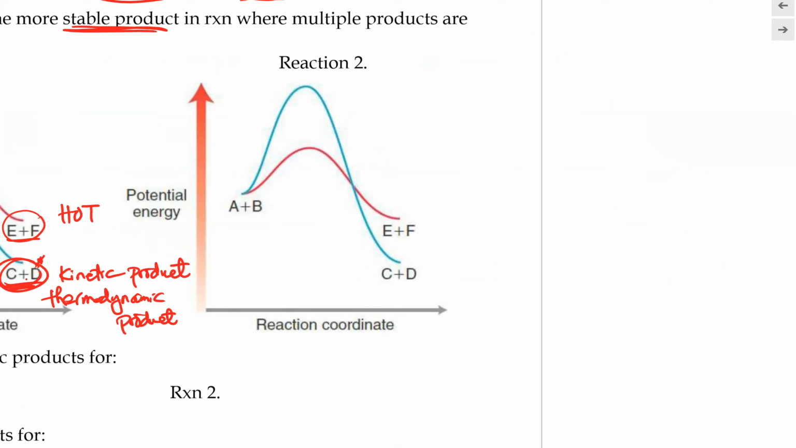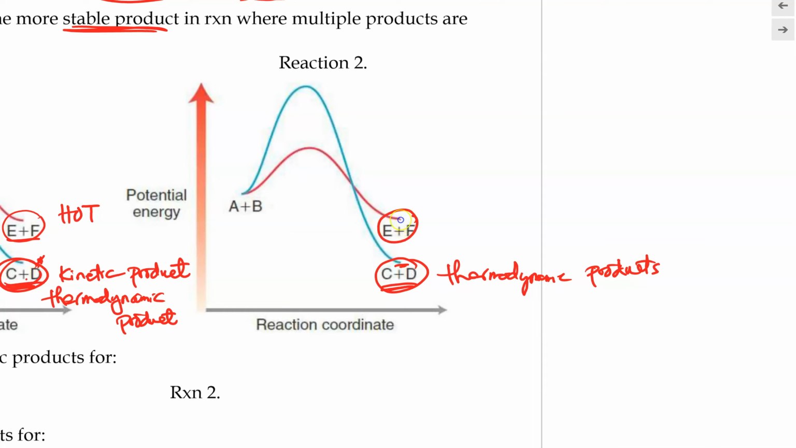Versus here is reaction number 2. And in this case right here, again, there are 2 pathways. A and B can become E and F or C and D, depending on which path they take. So here in this case, we will then see that C and D will be the thermodynamic product and not E and F, because C and D is more stable due to having lower potential energy. So C and D, this will be the thermodynamic product,